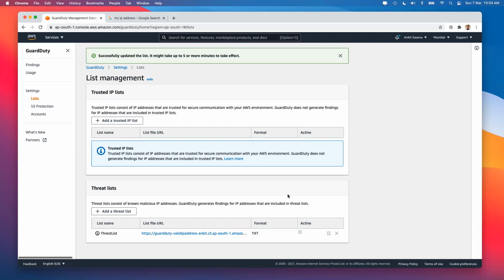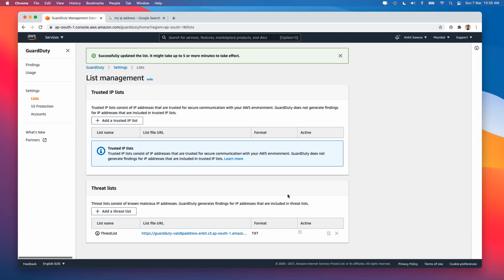Please remember in this case, inside your guard duty, you should avoid adding the IPs both in the threat list as well as the trusted IP list. Secondly, whenever you are adding the IP addresses, please keep in mind that if you add something to threat IP, it will start to show up inside your findings. And there are certain cases where you want to block certain IPs. What we mean by that is it can also be a range of IP addresses.